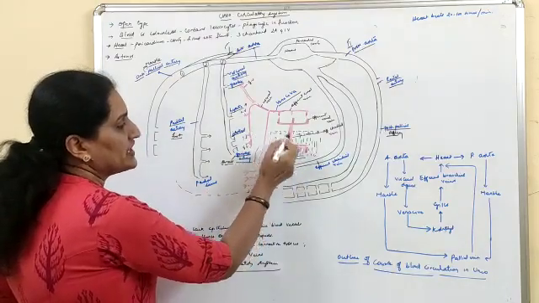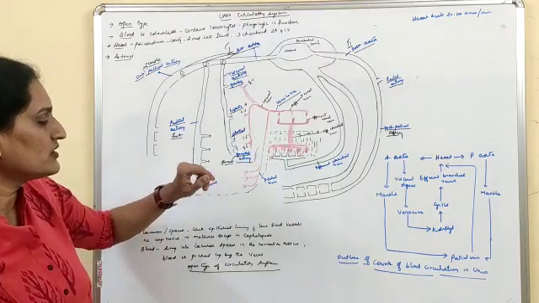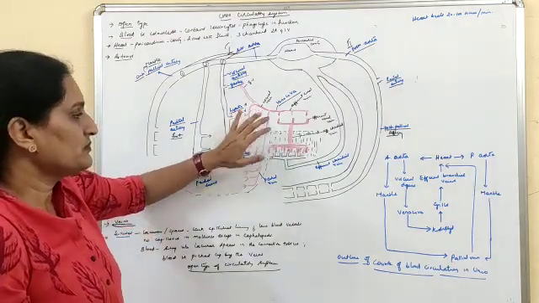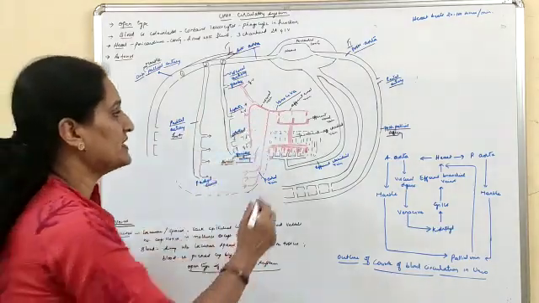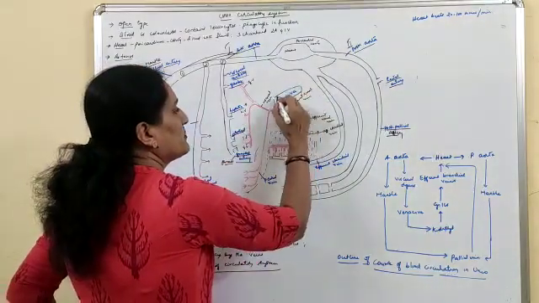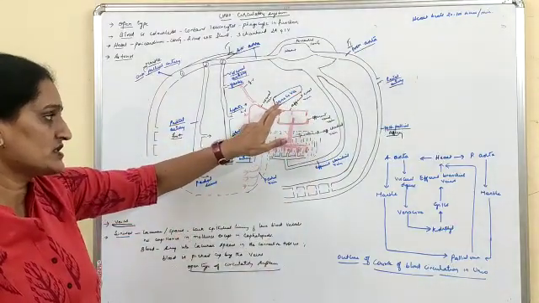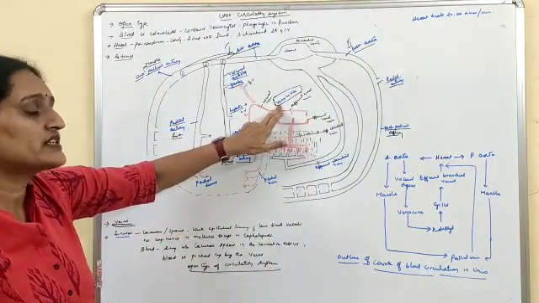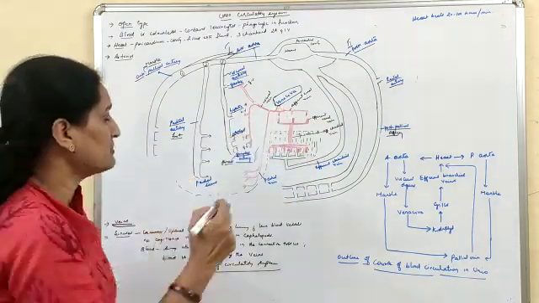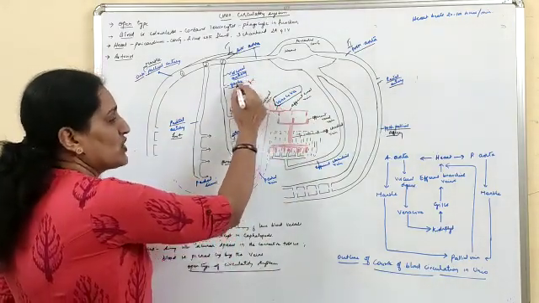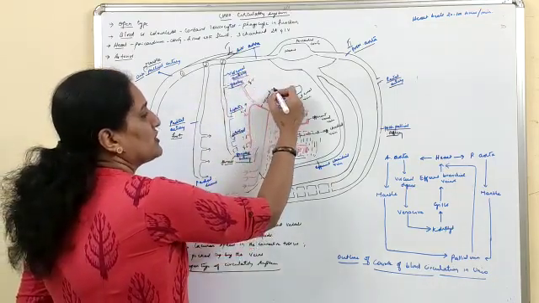Veins are marked here in red. I hope it is clear to you. Here, the main vein, as I said, is this vena cava. Now, why I call this a major vein here is because this vena cava receives blood. What type of blood? The deoxygenated blood from the stomach or this visceral area through the main vein called the